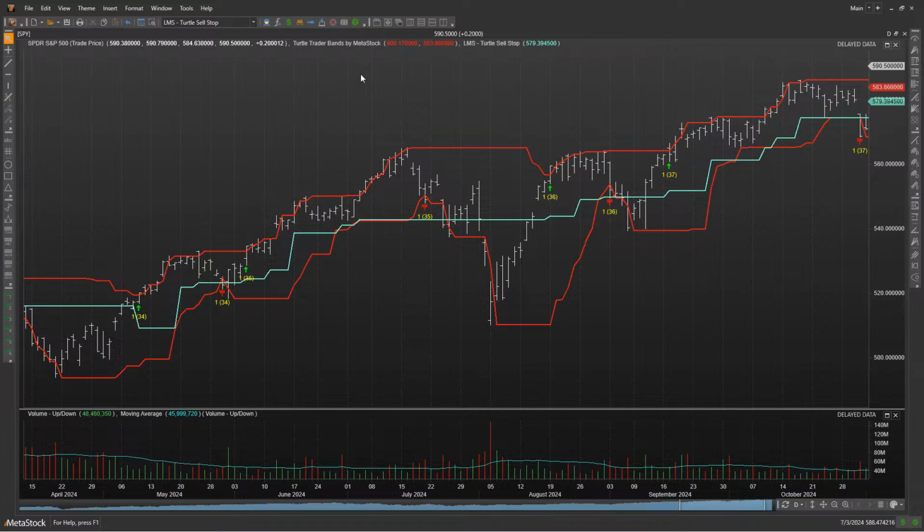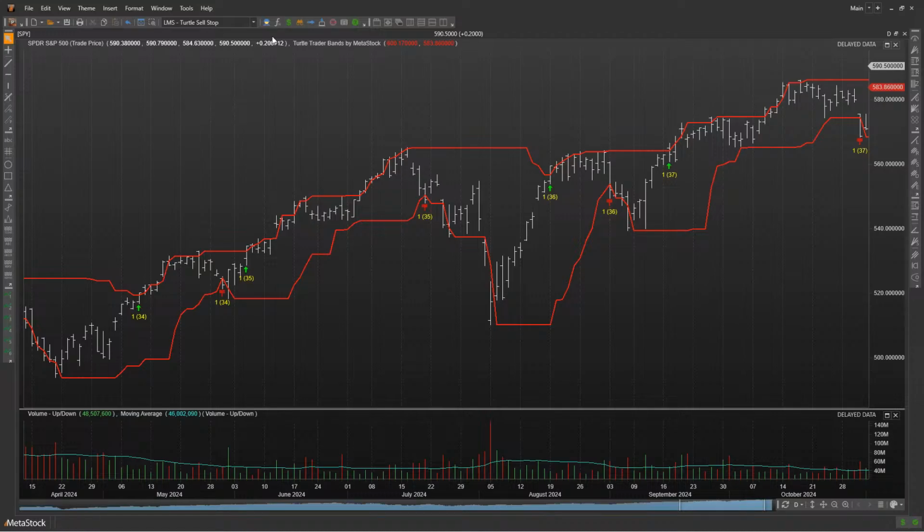So then that led me to one more question, and that is, well, maybe I should really just look at the values of these bands themselves and try to figure out what length band I really should be using. I know the default is 20 and 10, for example, but what if I change them to other lengths?